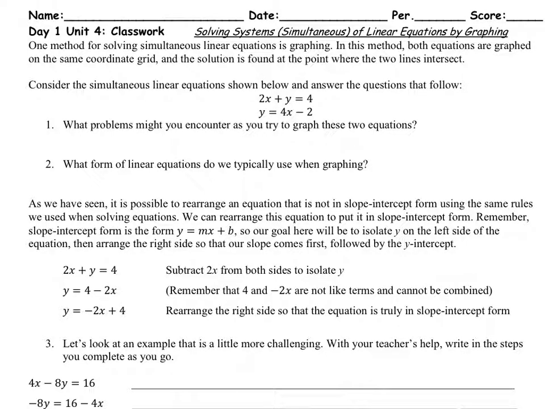All right, one method for solving simultaneous linear equations. I just call this systems of equations because it's a lot easier to say than systems of simultaneous linear equations. So a system of equations is just where we have lots of equations that are all equivalent. Now on a graph this is extremely special because it's extremely easy to figure out what the answer is